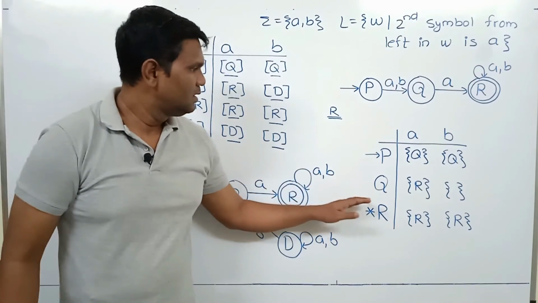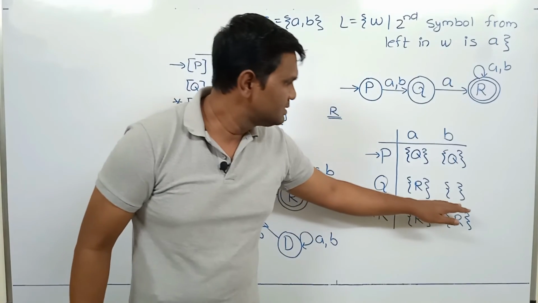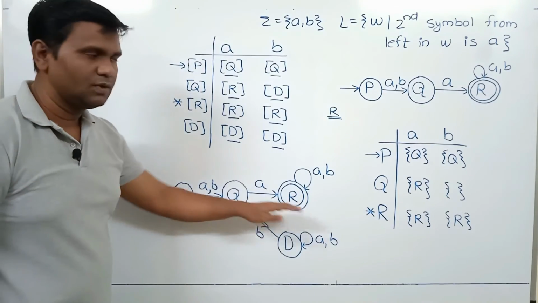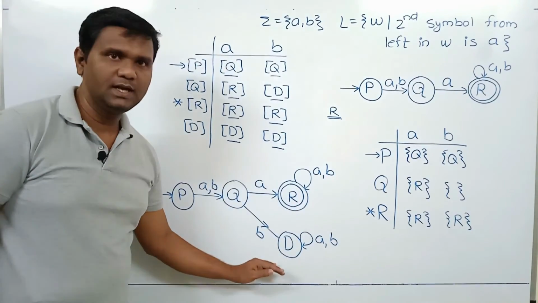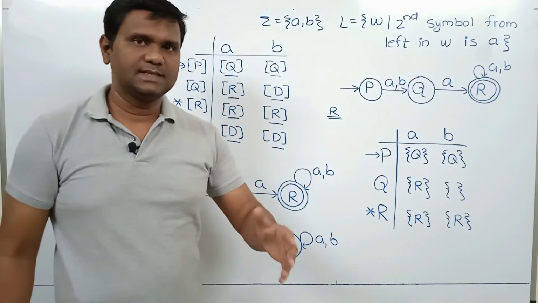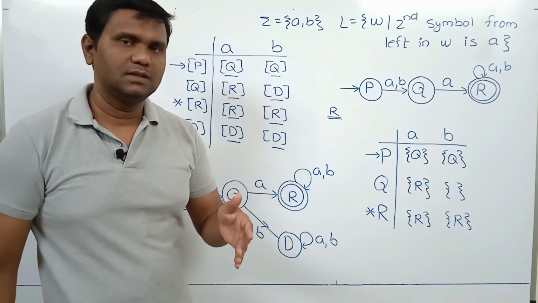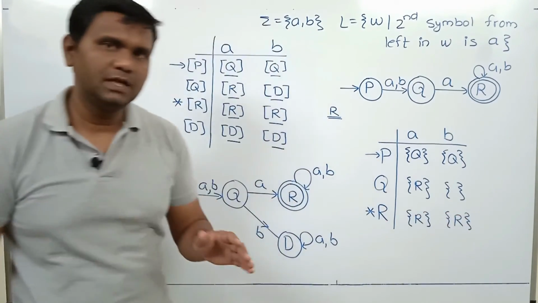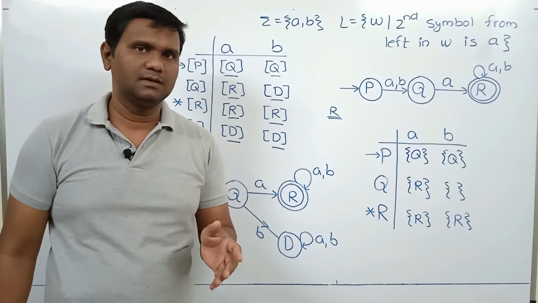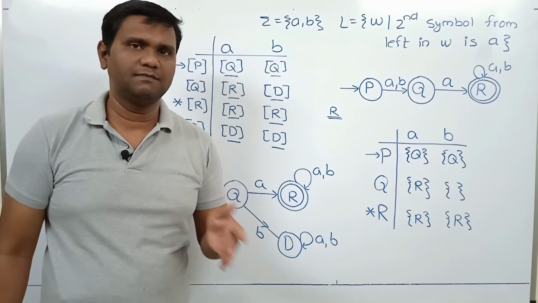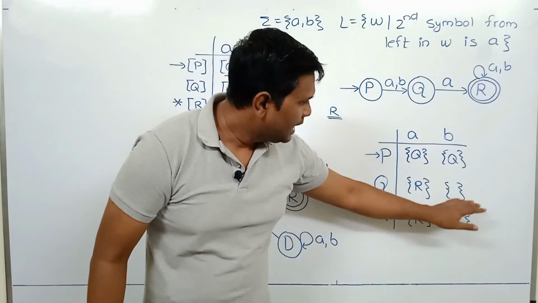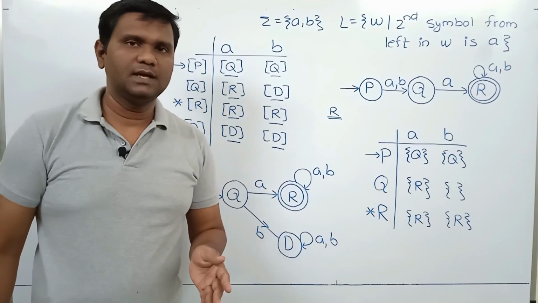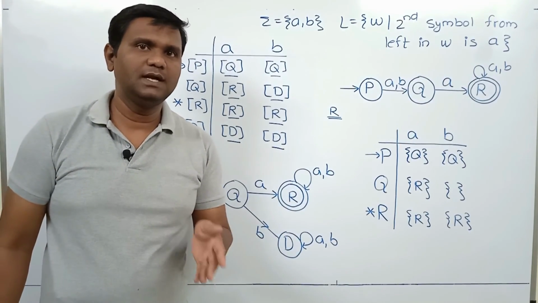Now in this example, transition table of NFA contains one entry which is empty set, and when we convert this NFA to DFA, we have to use one dead state. If you consider the previous examples, then in some example we had empty set in the transition table of NFA, but in previous cases we did not require any dead state in the equivalent DFA. So if you have empty set or dead configuration in NFA, you may or may not require dead state or trap state in equivalent DFA.